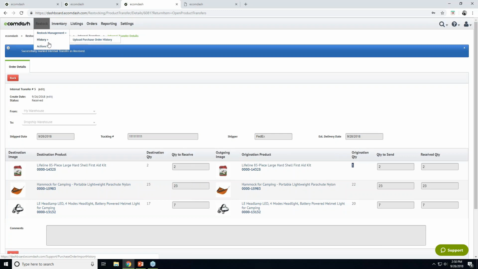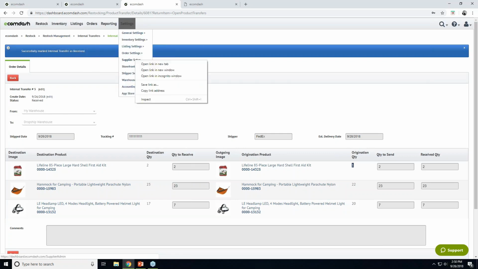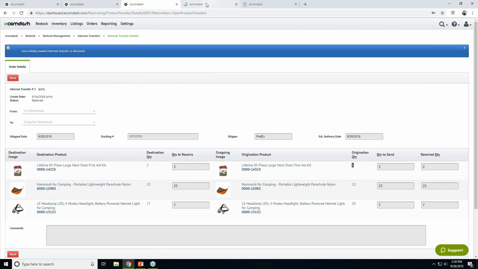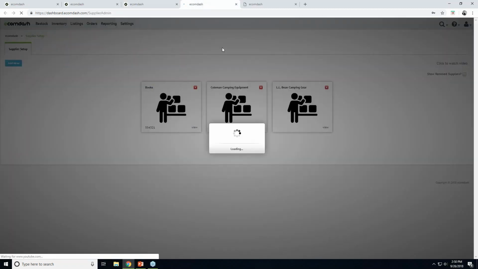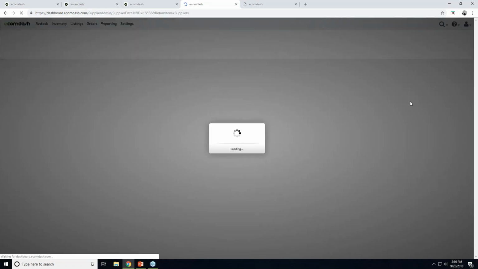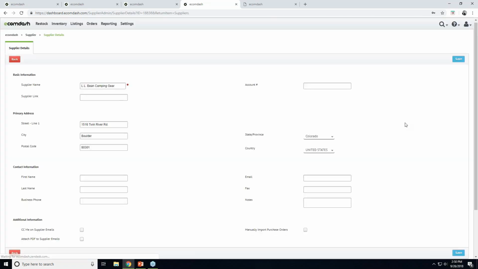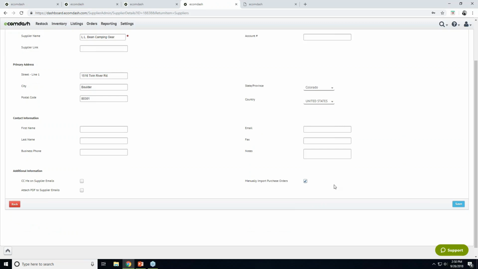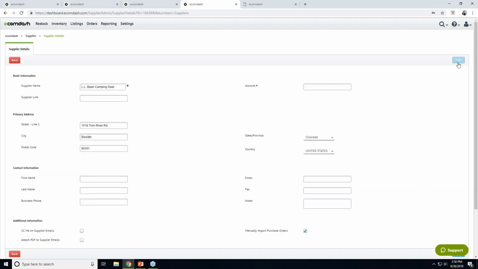We do have the ability to upload POs into Ecomdash. If you don't want to create them manually, you can upload them, and you'll find that action here in our actions. To be able to do that, there would be a CSV file, and what you would do is, since purchase orders are supplier based, here within your supplier, you can check a box to manually import purchase orders, and if you save,